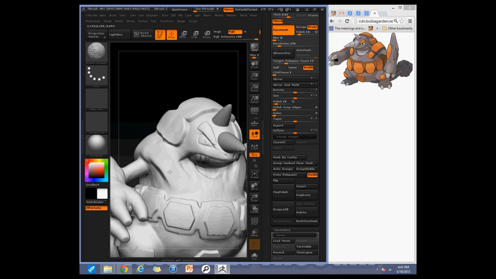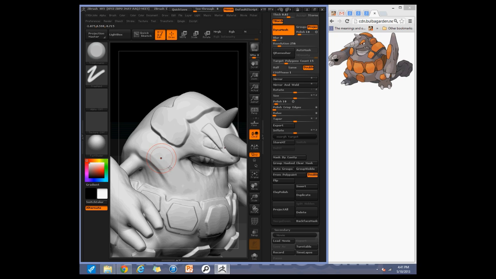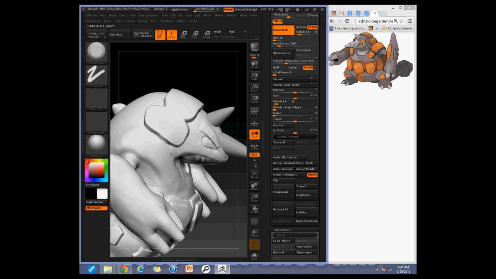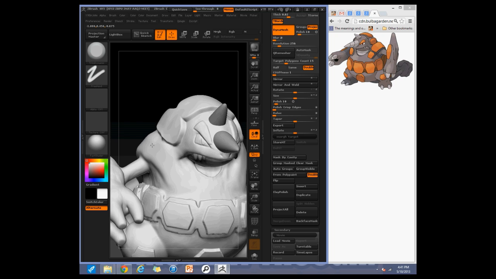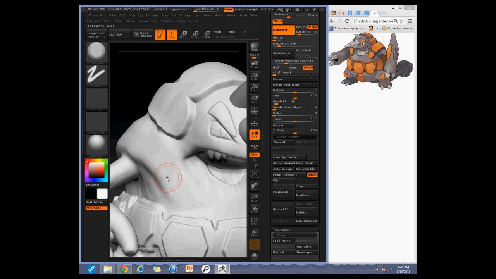Alright. Almost done. A few more strokes. Got it. Alright. Now we're gonna get the shoulder piece out. But it seems like it's all connected, so maybe I just have to